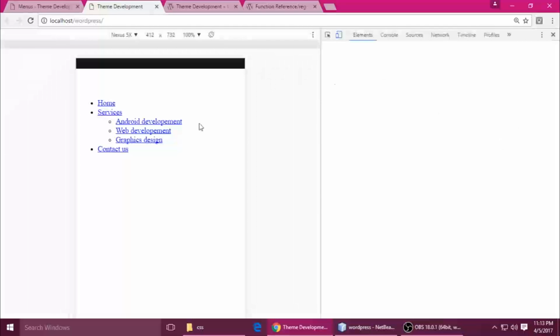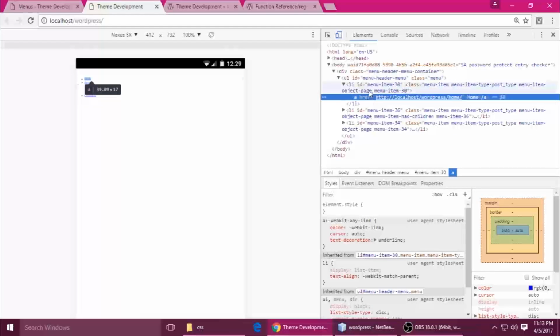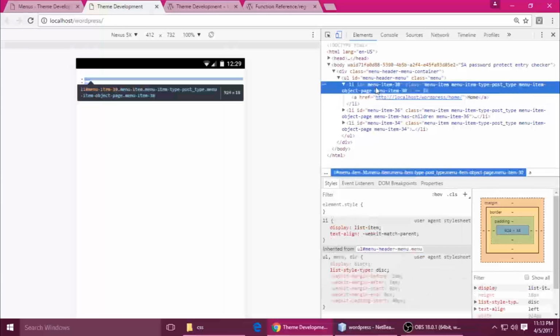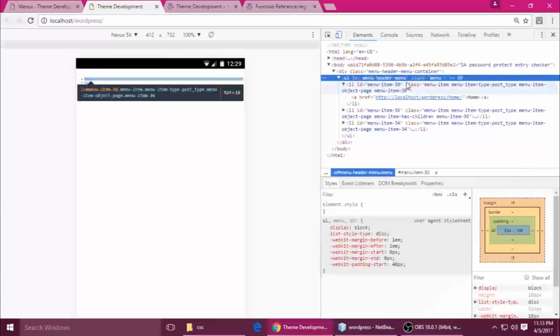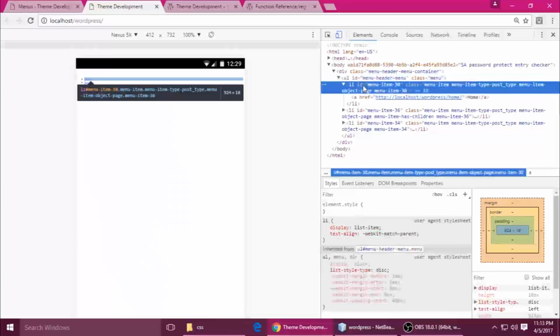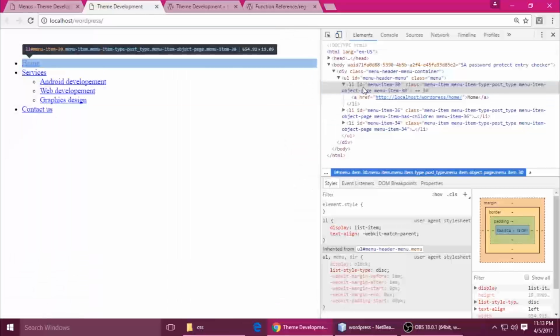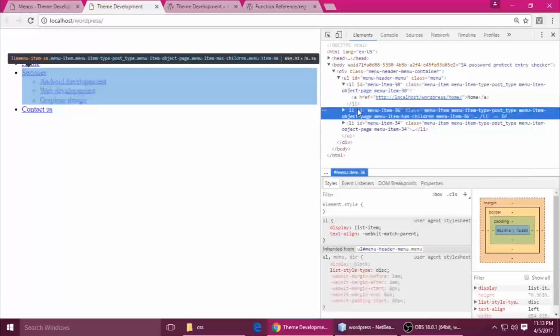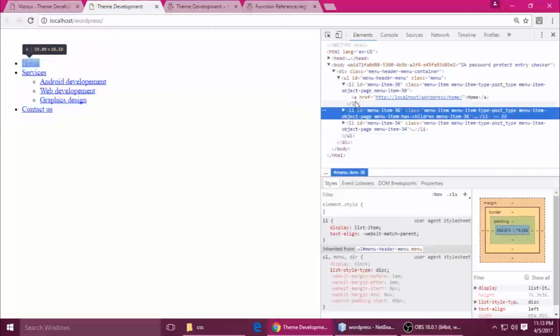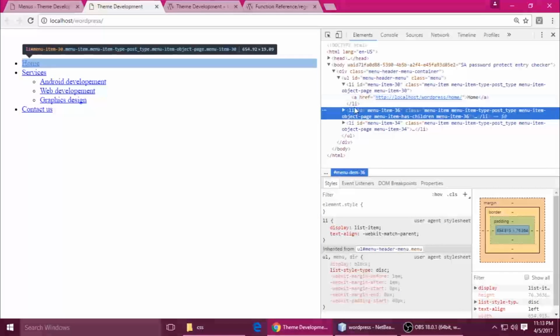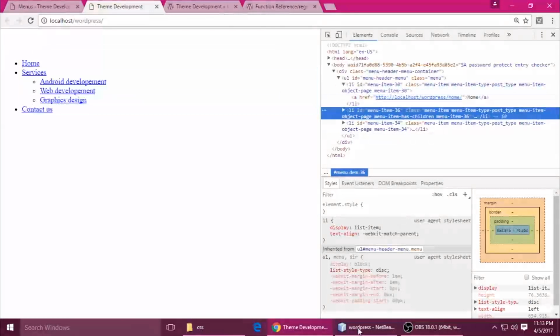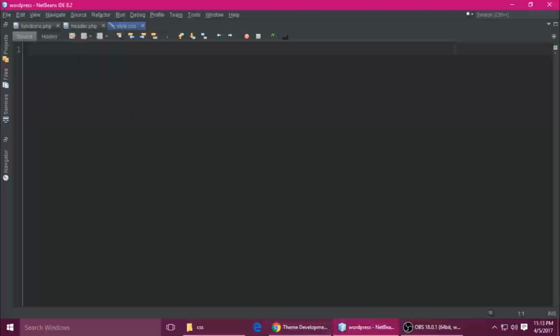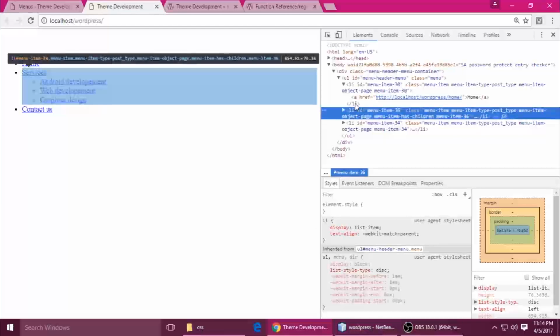You can see its ID here, and this is the menu item, and its class is menu-item. The ul has the class menu, and inside it are the list items. This one is home, this one is the services menu. You can add CSS using these classes. We will see this in the next part.